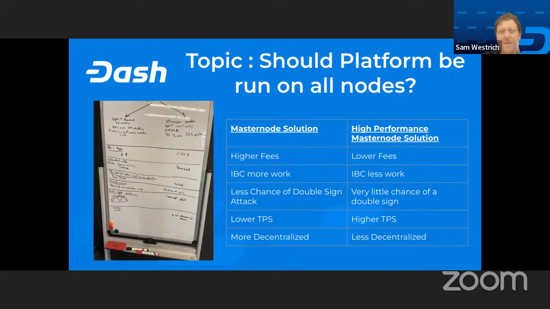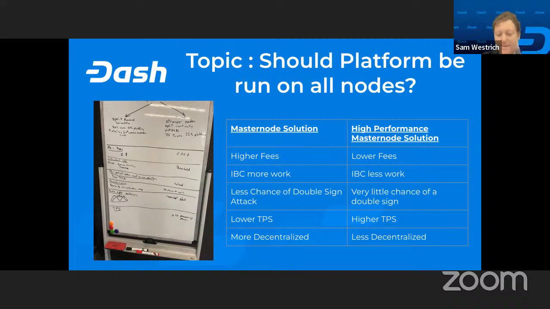So when we think about it, I do think that the solution with high performance nodes gives more to average users because they would have lower fees, and we would also have a higher transactions per second.